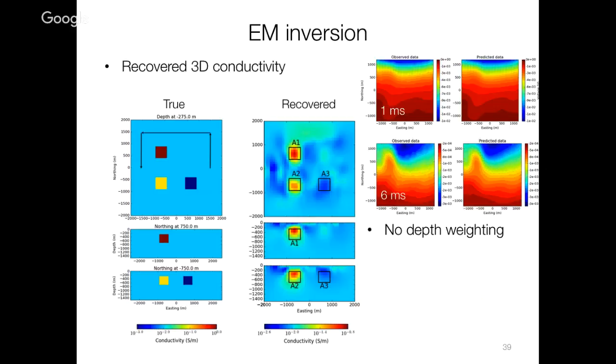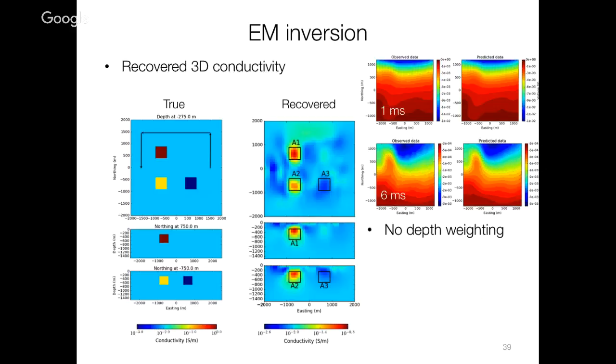So that's a very important issue to make right at this time, because what we're seeing here is that, oh, and I forgot to mention, there's no depth weighting in here, but I've got 6 time channels of data. I'm inverting all of those in 3D. So the fact that I have multiple time channels means I'm sensing the Earth a bit differently, because you remember